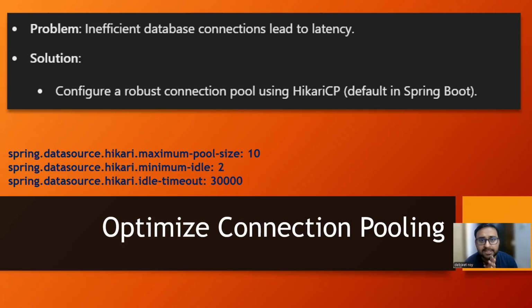Okay, so these configurations are given to us by default in application.properties. You can write spring.datasource.hikari, with maximum pool size of 10, minimum pool size ideally 2, and idle timeout around 30 seconds. If you provide this configuration, it will optimize the entire connection pooling problem. In that scenario, it will not create the latency problems, and database connections will become very efficient. As soon as database connection becomes efficient, latency will be reduced, and automatically API performance will increase,